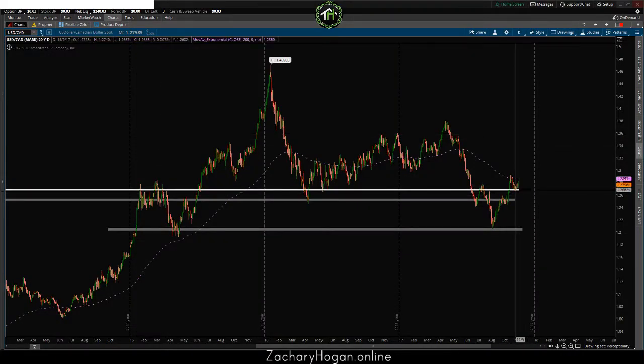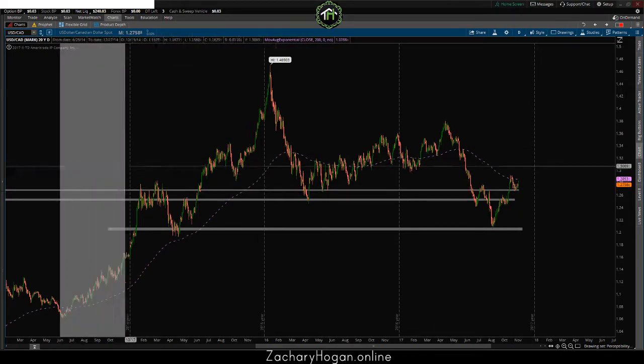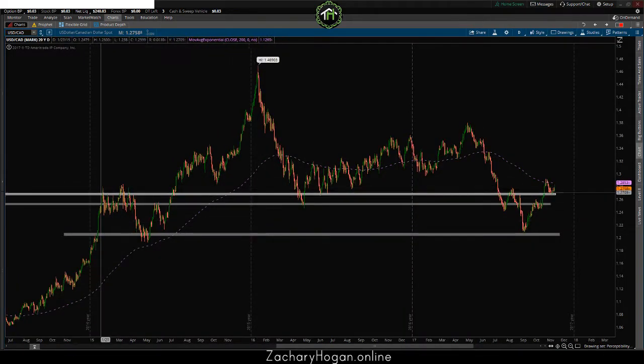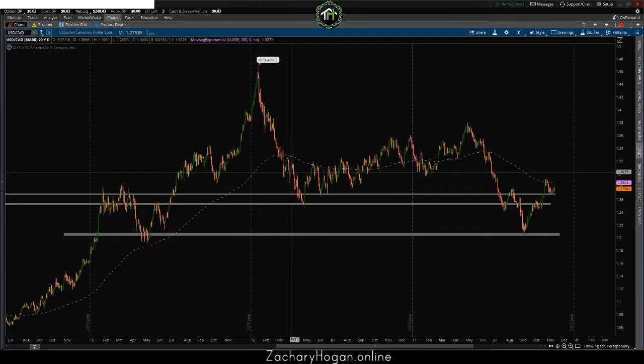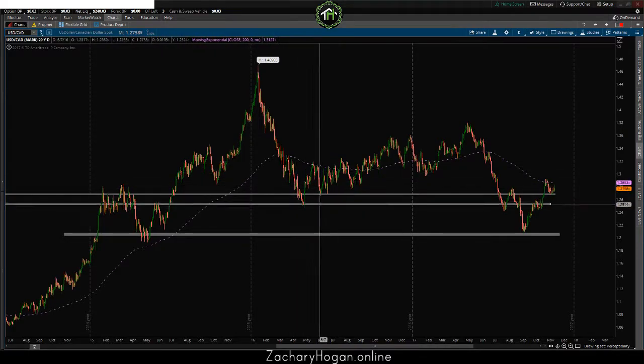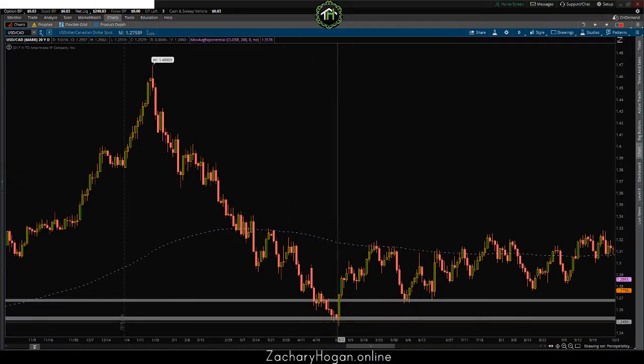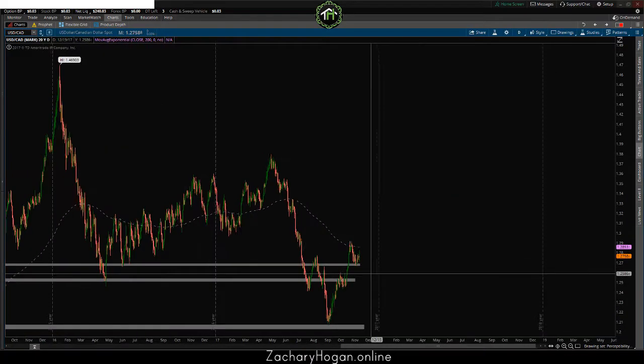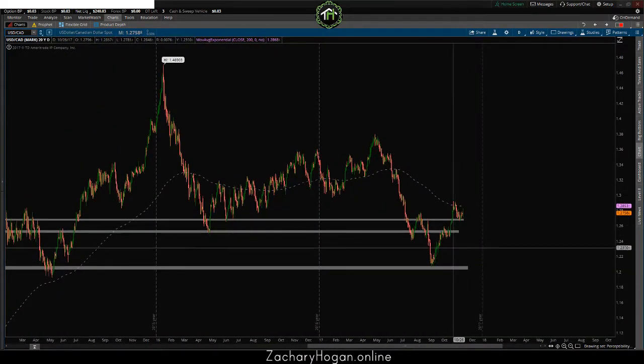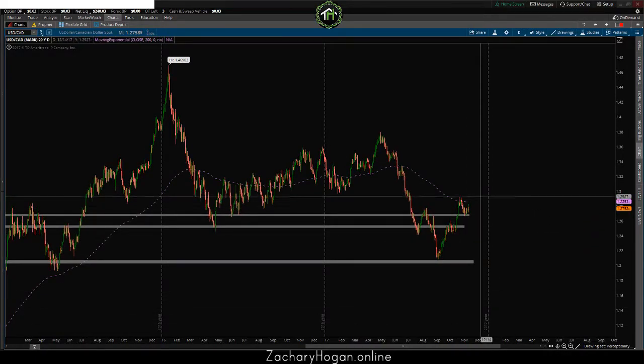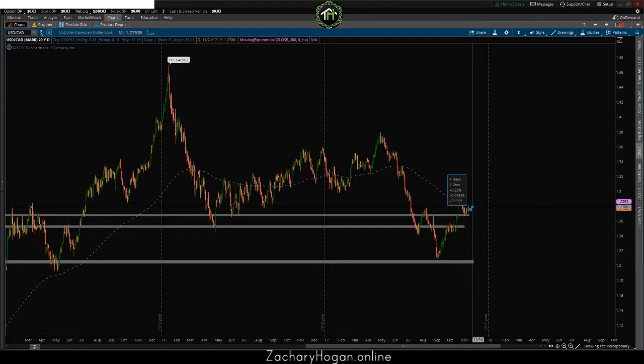The first thing that we can notice with this 75 pip target to the downside is that we did have some trading activity over here in the 2015 year. We did have price push down through it, reject off of that bottom zone, and this is also something to keep in mind. This is right around another major quarter, that 1.25 level, and really right now with the way this is forming, it almost looks to me as if price does have some potential to go a little bit higher, not as high as it's been, but if it does go any higher and tap this whole area one more time,